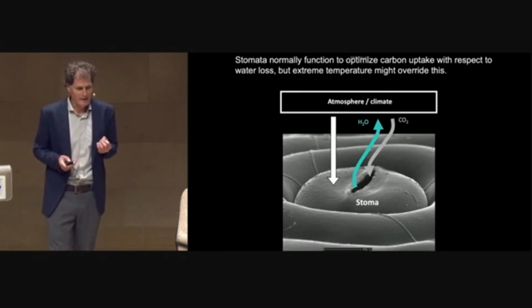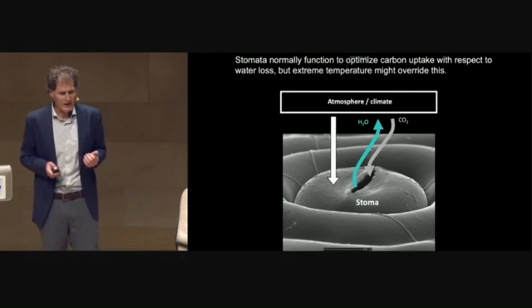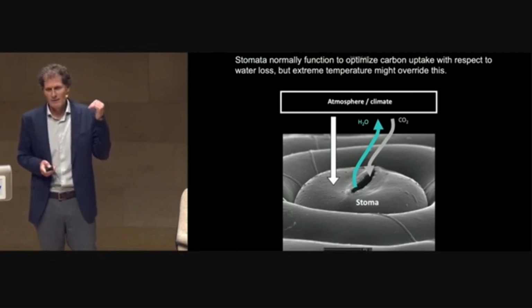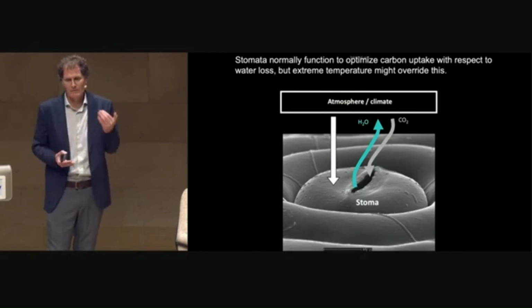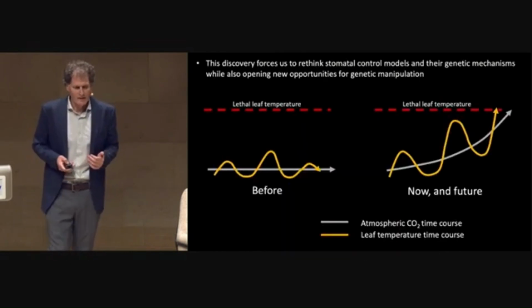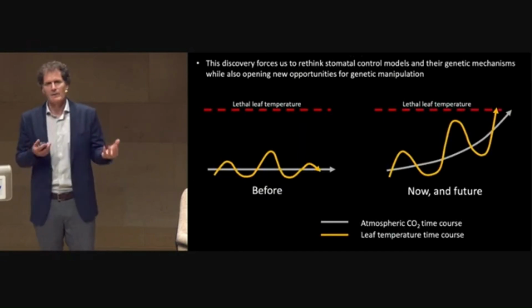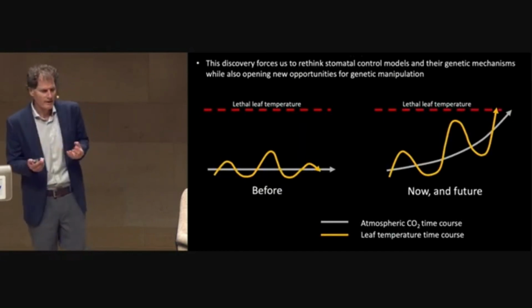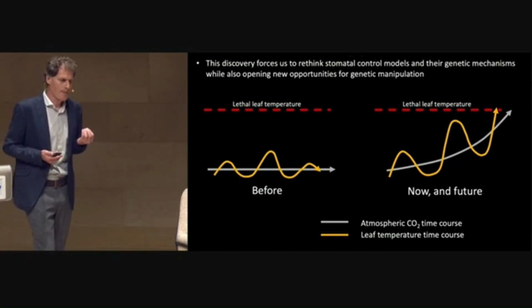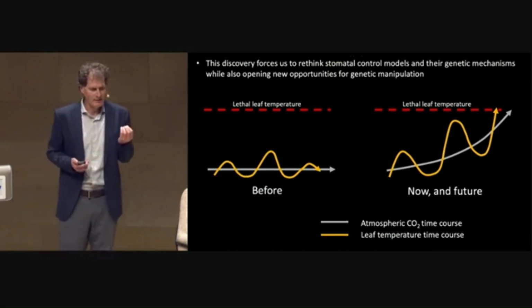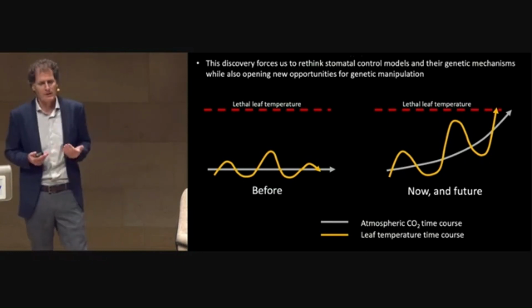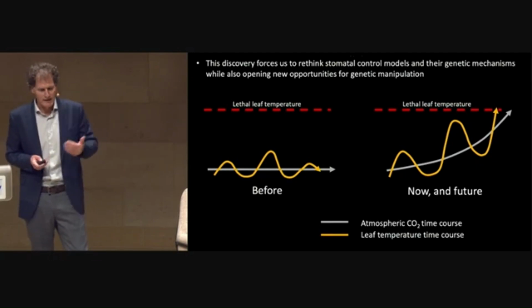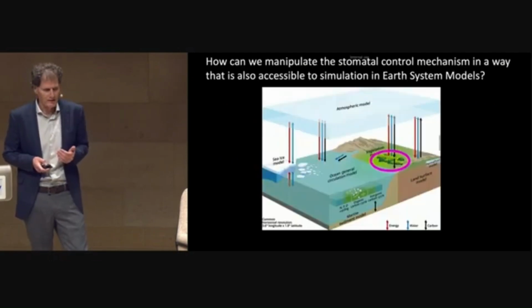Much of our understanding of stomatal function is based on this principle of optimization of carbon gain. So there are lots of models that explain how stomates optimize that trade-off between gaining carbon and losing water. But we haven't really solved the problem of how the plants cope when you put heat, excessive heat, over the top of that problem. So that's an ongoing part of our research.